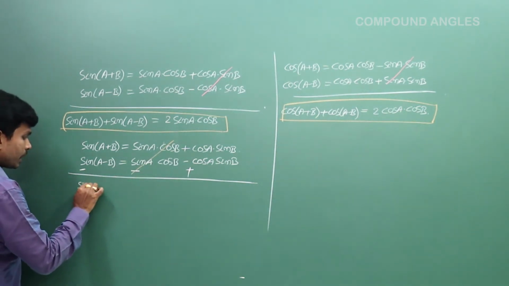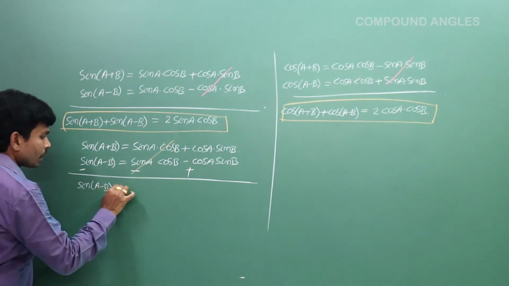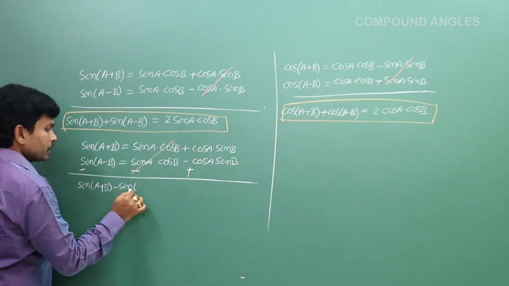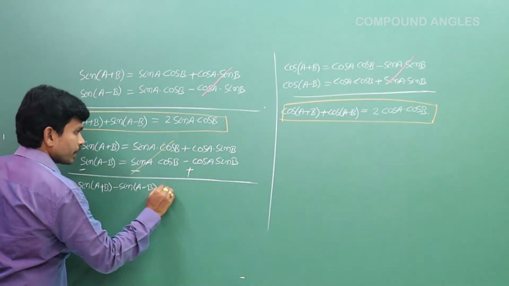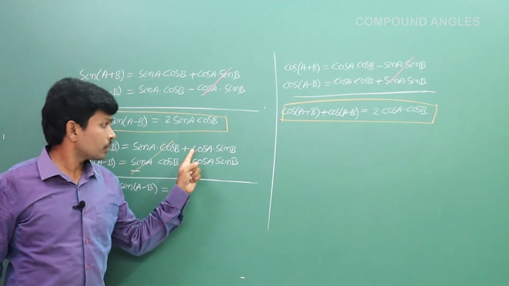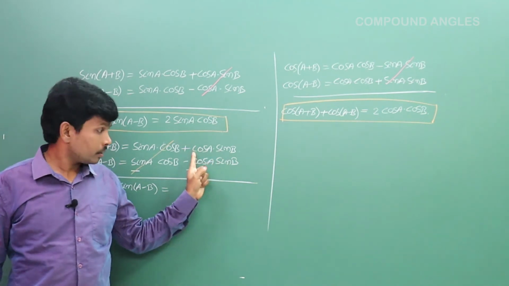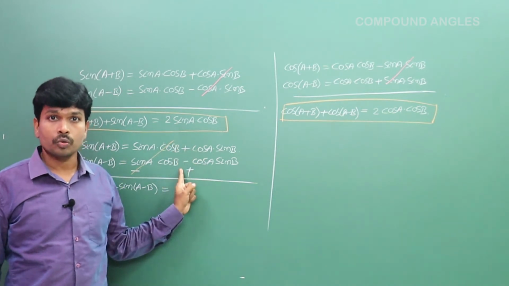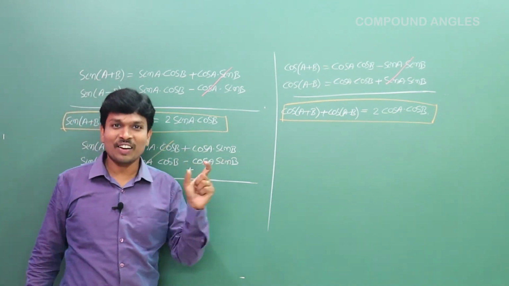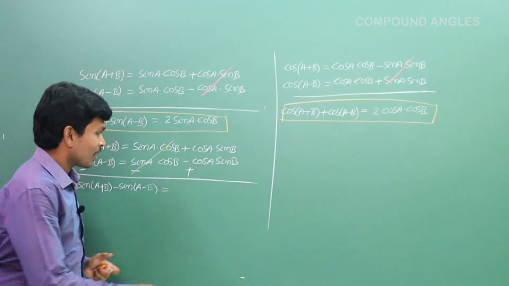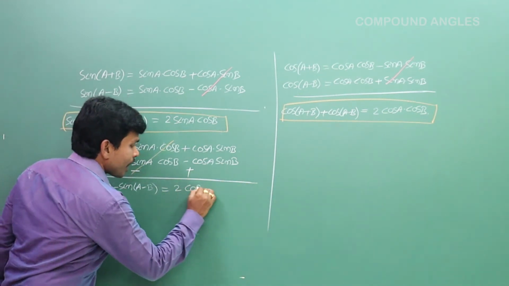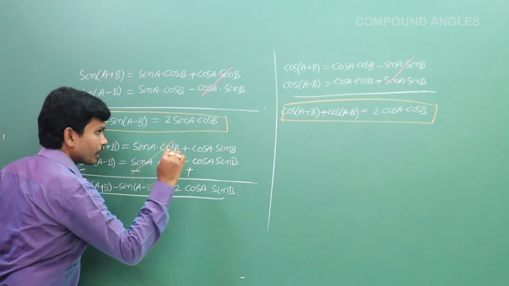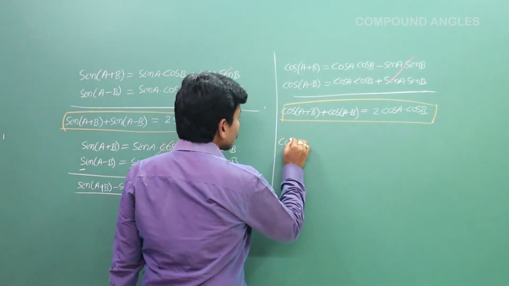Now this is sin of a plus b minus sin of a minus b is equal to... Now you observe here 1 five-star, here 1 five-star. Both are plus symbols only, no? 1 plus 1, 2 five-stars. But these are not five-stars. What are those? Same, cos a sin b. 2 cos a sin b. When we subtracted, then we got it.